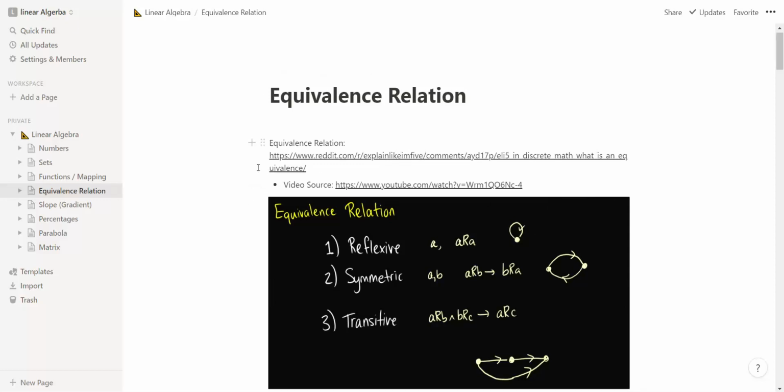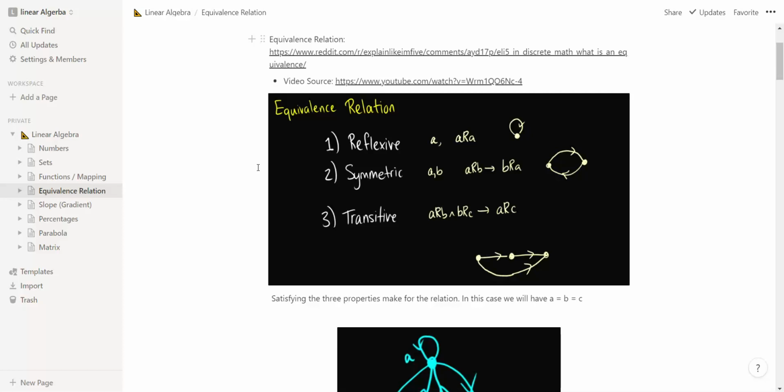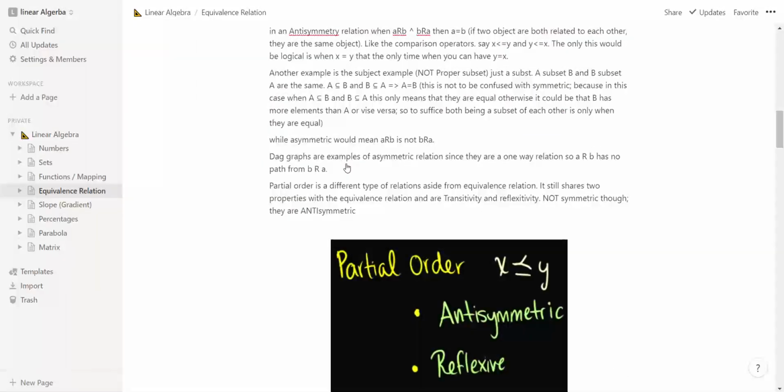So we have the partial order and the equivalence relation. An equivalence relation is when you have reflexive, symmetric, and transitive properties. Reflexive is when A is related to A, symmetric is when A is related to B and B is related to A, and transitive is when A is related to B and B to C, then A is related to C. That's transitive. We have to do a video on this, revisiting everything that we've studied, and have a video for each of these